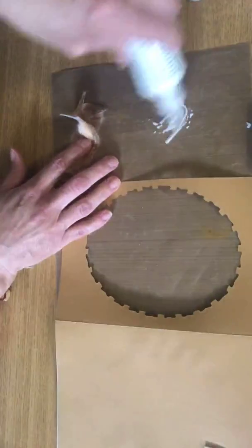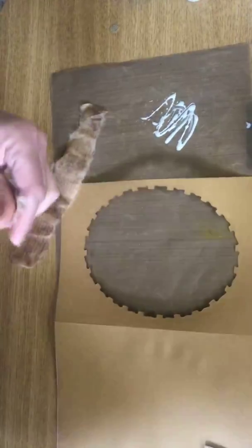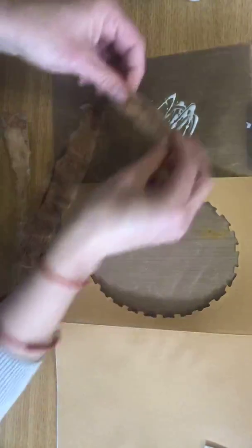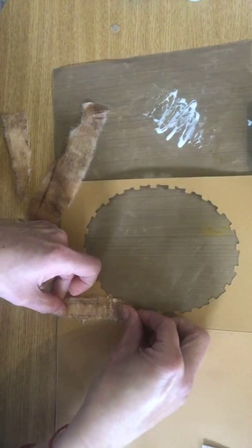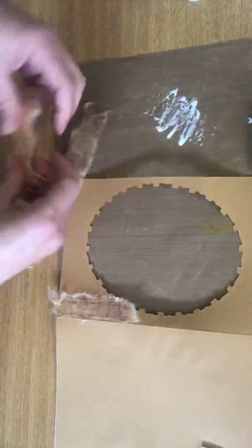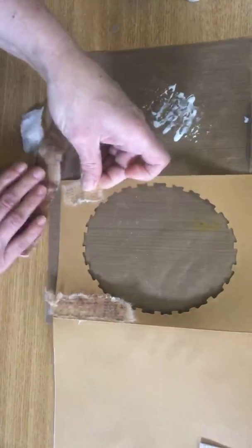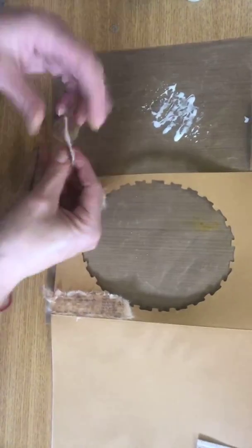And I'm going to use a little bit of wet glue just here. So now what I'm going to do is just tap this, pull it apart so it's in almost like bits. Tap it into your wet glue, and then I am just going to place it over some of these edges. Don't worry about it being too perfect. It doesn't have to be. It's just about creating texture